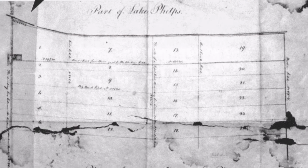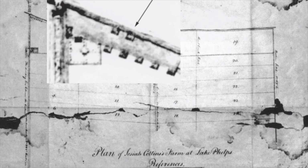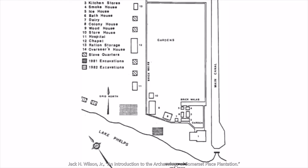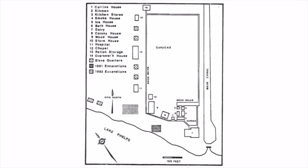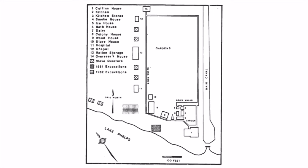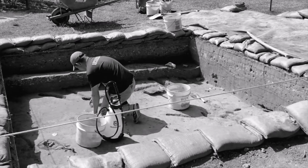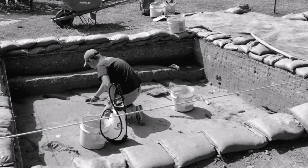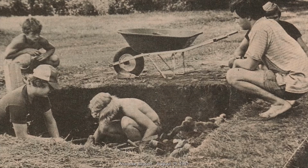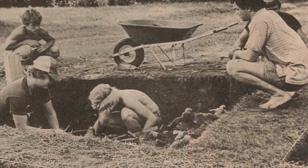The students focused their attention on an unidentified structure along the lakeshore that appeared in the 1821 plat map, seen here. Since Tarleton's archaeological grid was lost, the field school established a new grid aligned with the transportation canal. They then excavated a series of 10-foot by 10-foot squares by removing the natural layers of soil and sifting the dirt for artifacts. By this technique, they uncovered the brick foundations of 2 adjacent structures about 150 feet northwest of